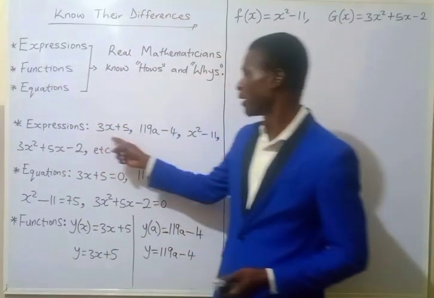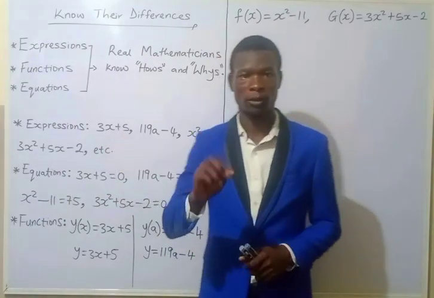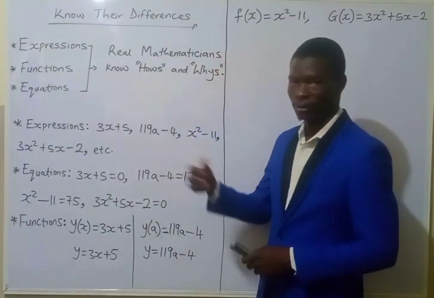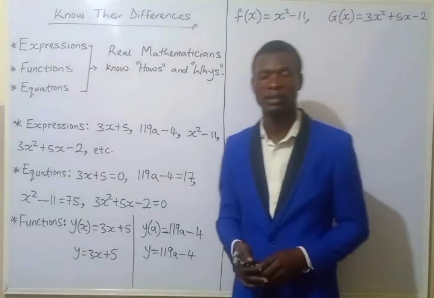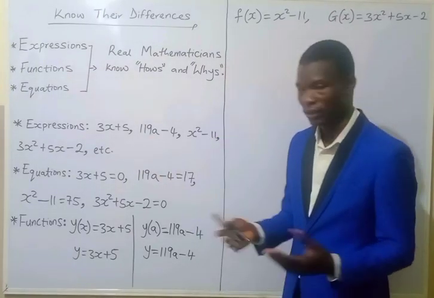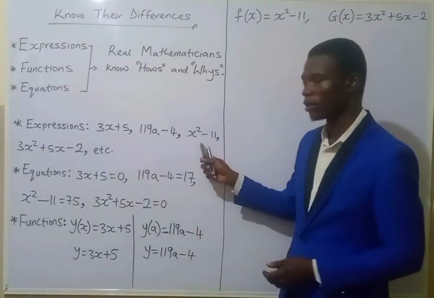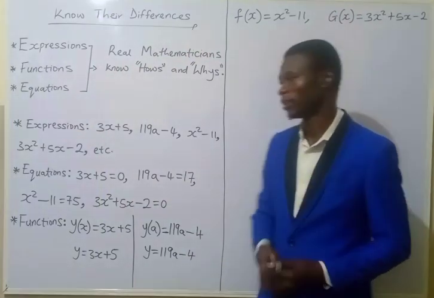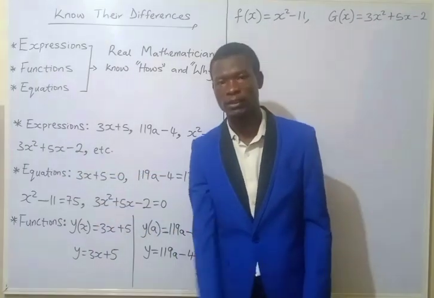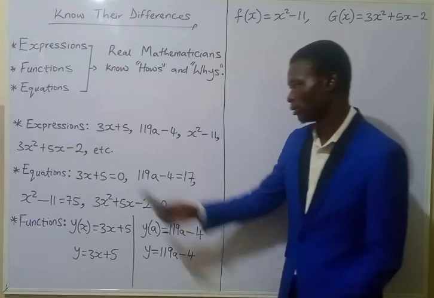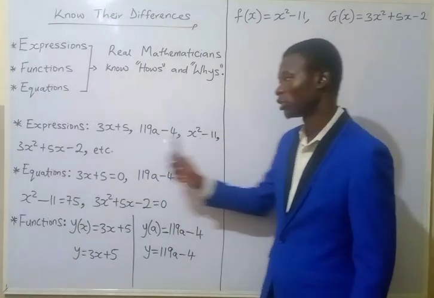For these ones, 3x plus 5 is just a linear expression because it's an expression of the first degree. That's a topic for another day. This is another linear expression, 119a minus 4. The variable here is a, the variable here is x. And this is a quadratic expression, x squared minus 11. This is a quadratic expression, 3x squared plus 5x minus 2. These two are quadratic expressions. The only difference is that this is a binomial expression while this one is a